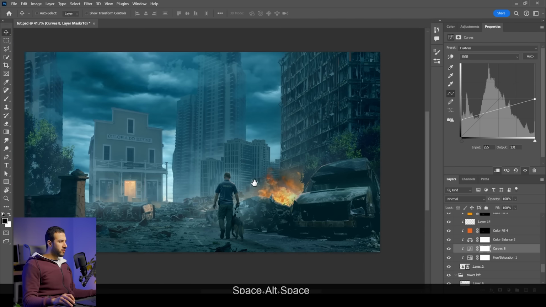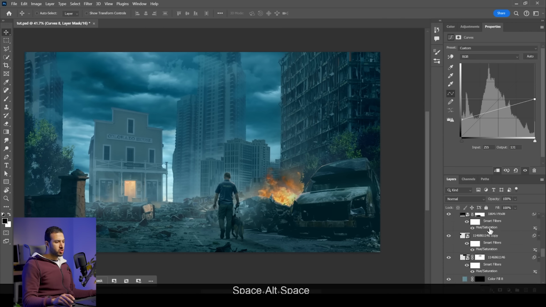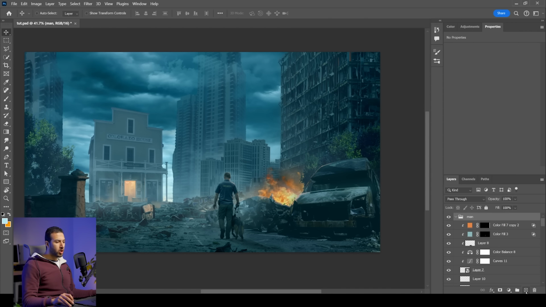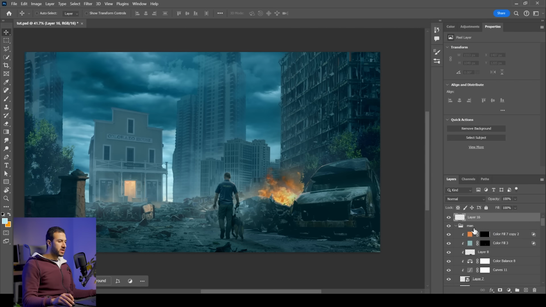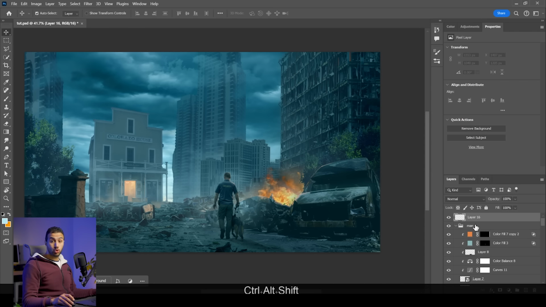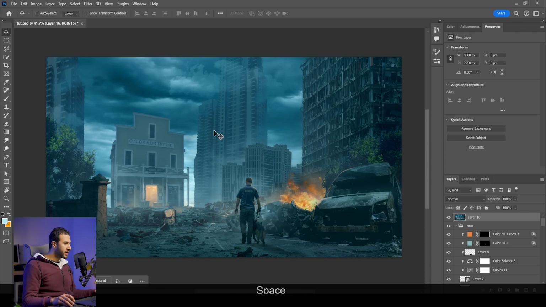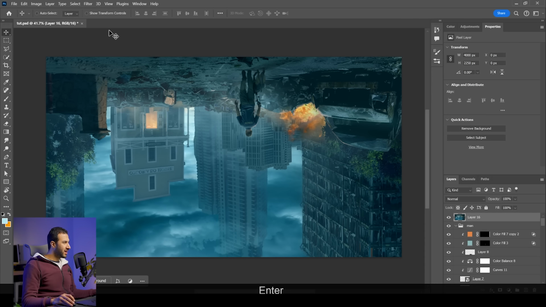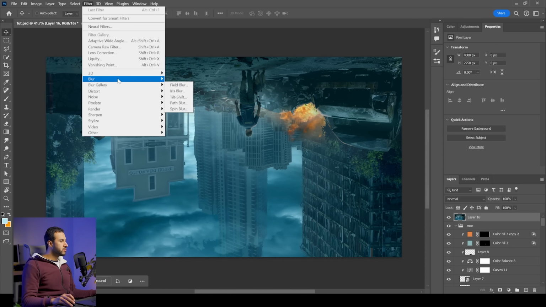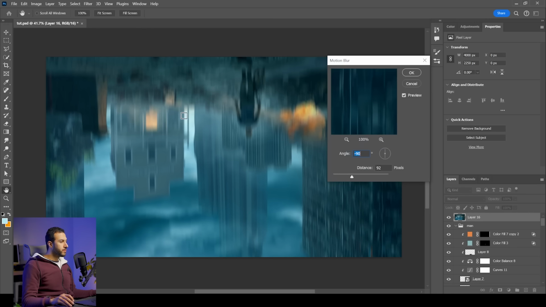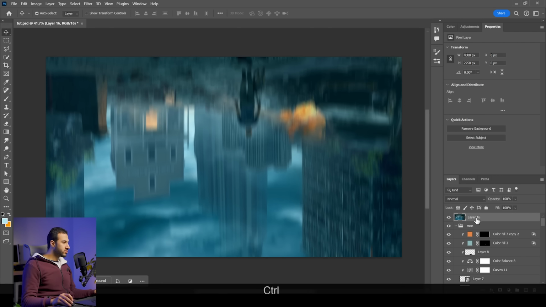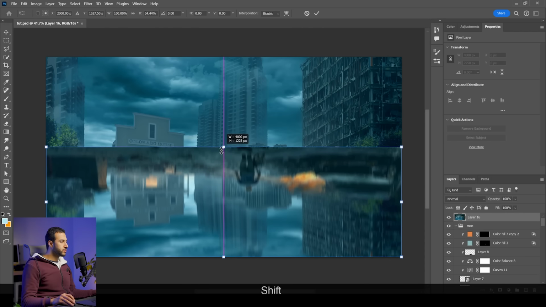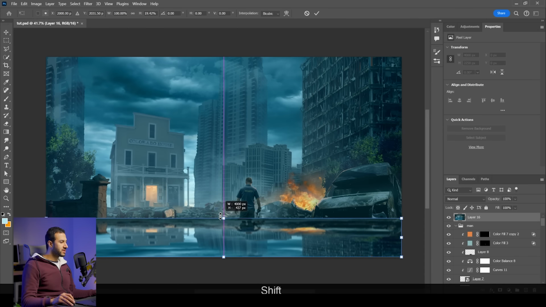Very nice. One final thing I'd love to add is some water effect. I'll do this by creating a new layer, pressing Alt Ctrl Shift E to bring everything on the canvas into one layer. Press Ctrl T, right click, flip vertical, press OK, and then let's go to Filter, Blur, and Motion Blur. This will create this water reflection effect, and then press Ctrl T, let's squeeze it, press Shift to squeeze it like this,